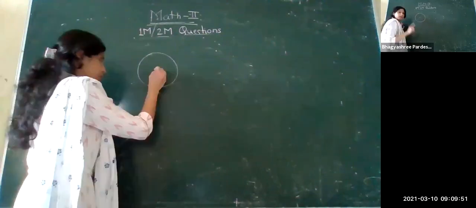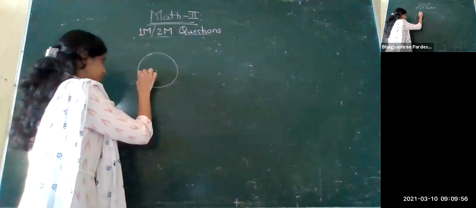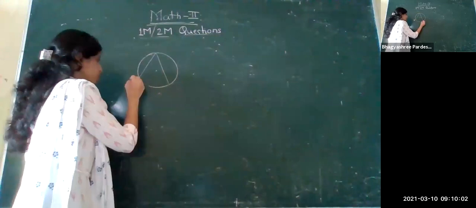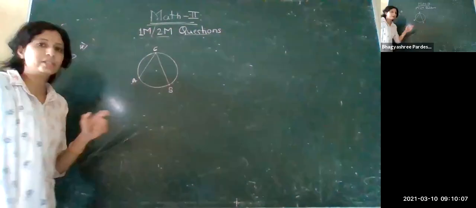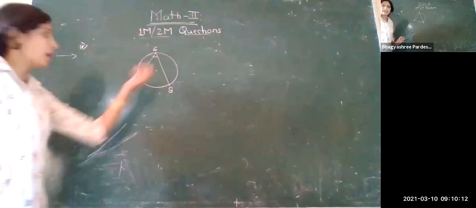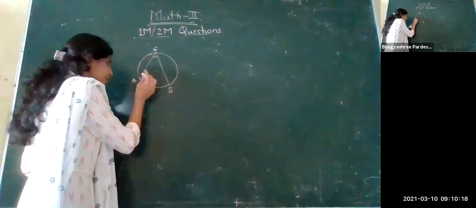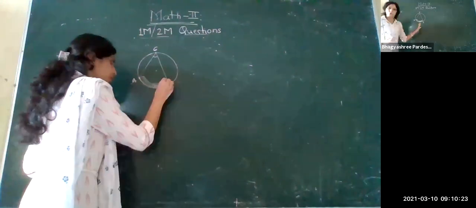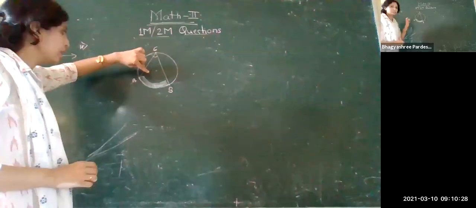The circle is given to us, right? There are two types. Suppose this is point A, this is point B, and suppose this is C. So this is your angle ACB. Now, how is this angle ACB formed? It is inscribed in this angle ABP. So the measurement of this angle is actually half of this arc here.